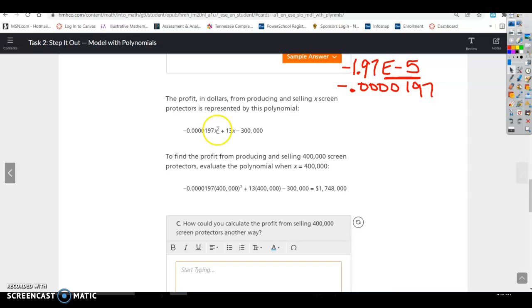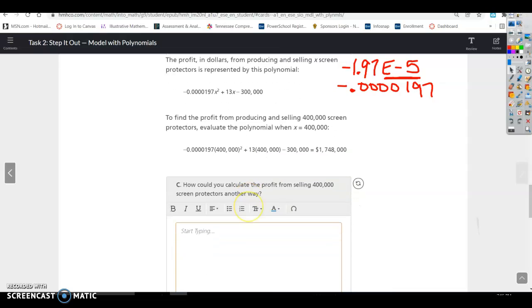All right, so I have an x squared and I have an x. Remember, you have to do exponents before you multiply. So order of operations: if you plug this in your calculator exactly how it's written here, it should give you the answer. But if you do it step by step, make sure you do 400,000 squared times this number, and then plus this times this, and then minus 300,000. But again, if you type this in your TI-84 exactly as it's written, it should tell you if we sell 400,000 screen protectors, your profit would be